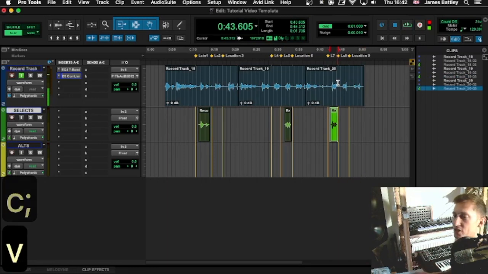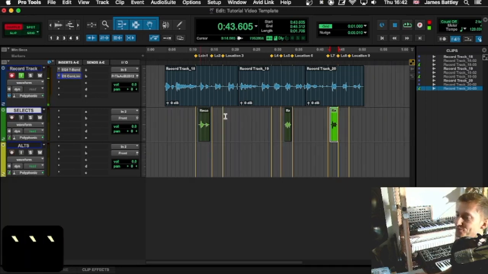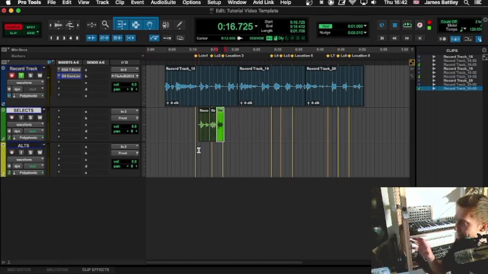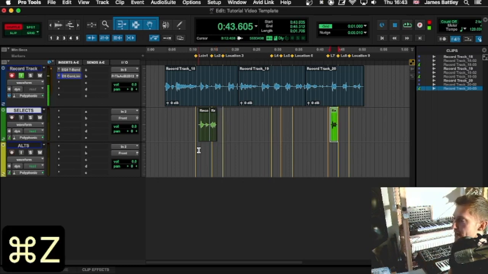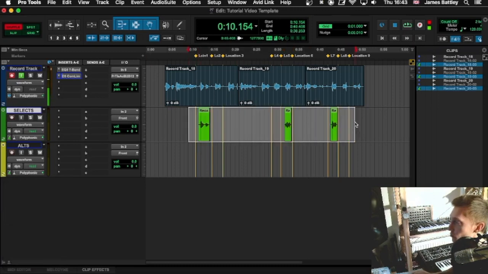So of course, traditionally, you might go into shuffle mode and grab your takes, pull them together, and then you've got your comp. Which, of course, is a way of doing it. More mouse clicks than maybe is necessary though, and if you've got a whole timeline full of stuff, it could get a bit fiddly. So the way that I generally do it is to grab the takes that you want,